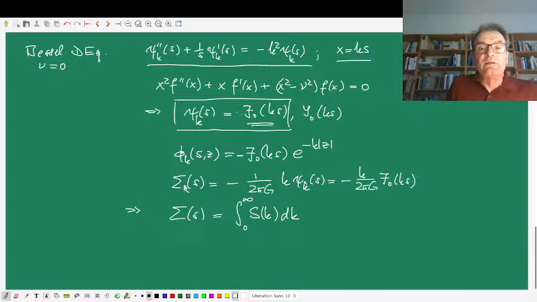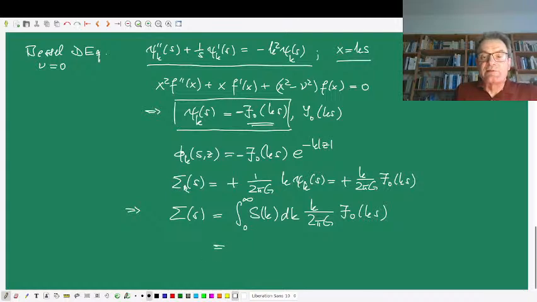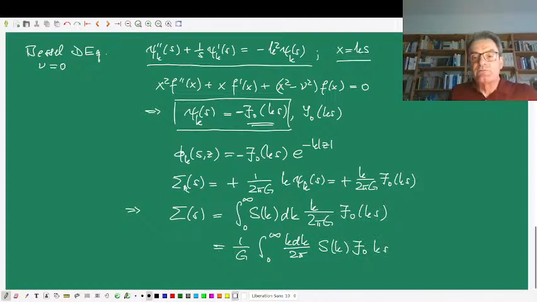Sorry, the psi must be negative here as well, and then we get a positive sign here, and then I can compose the complete surface mass density by this expression. I'm going to take the 1 over G, the gravitational constant, out. I'm going to integrate from 0 to infinity over k dk divided by 2 pi S of k times J0 of ks. All right, this is an important equation now because it tells us